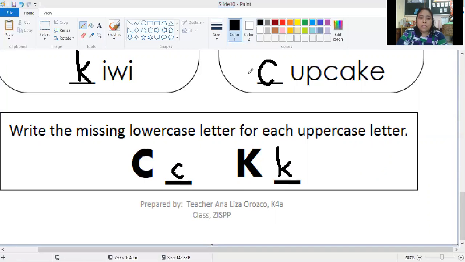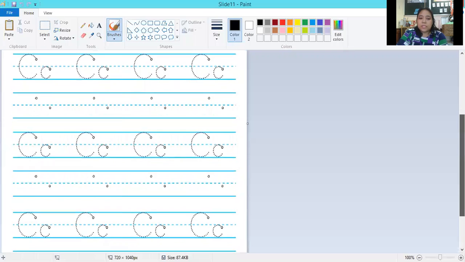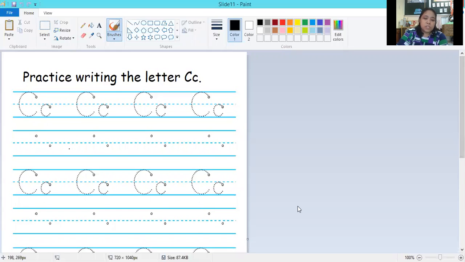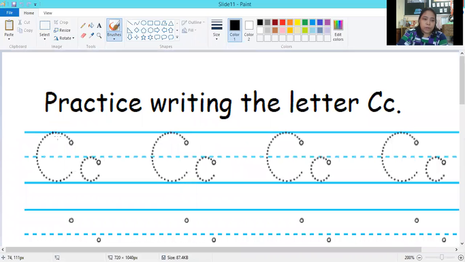Let's go to the next two pages of your homework. Practice writing the letter C, which is very easy again. Start from the dot here, go around, make a curved line or an ear. Make an ear. Going, going. Yes.